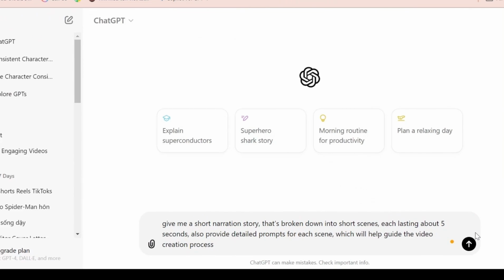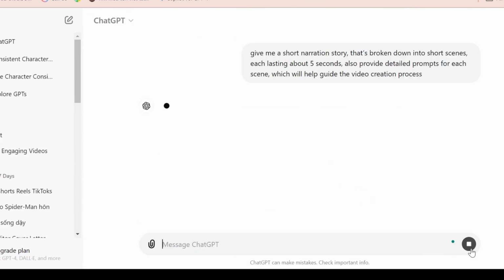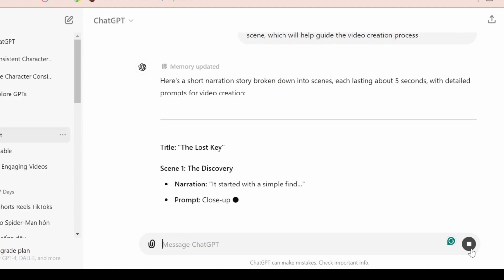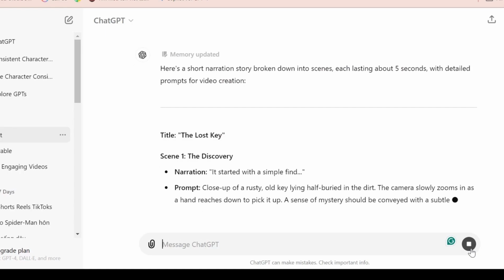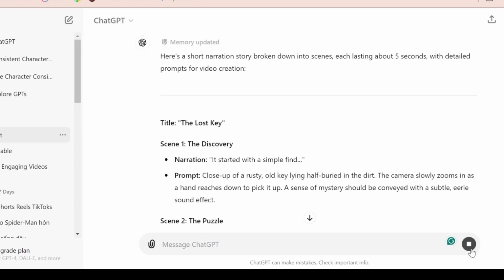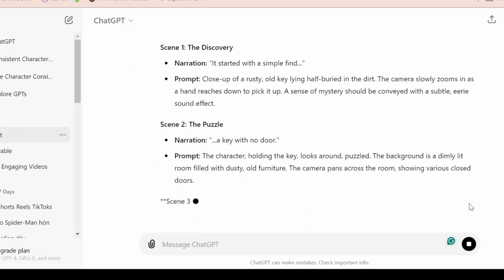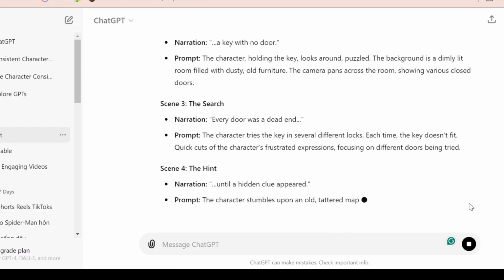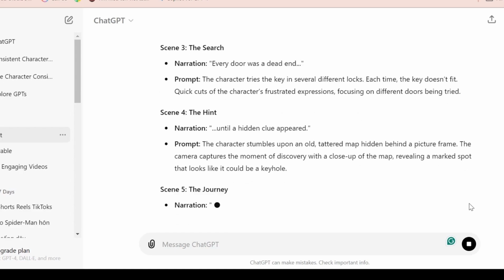Start by asking ChatGPT to generate a narration that's broken down into short scenes, each lasting about 5 seconds. It will also provide detailed prompts for each scene, which will help guide the video creation process. However, since this story is generated by AI and we want a more human touch, we'll turn to a tried-and-true